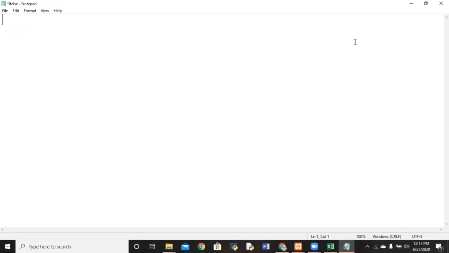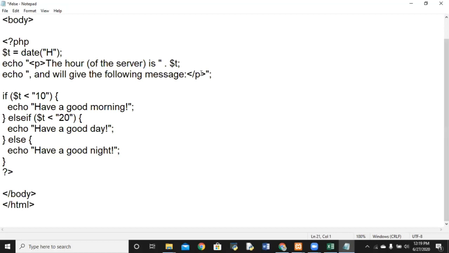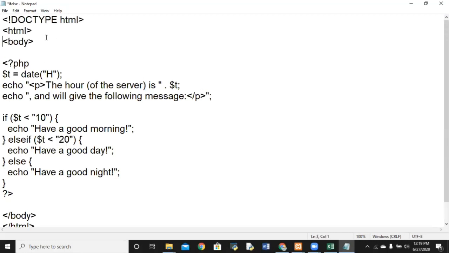So let's start with the code here. Students, here is my code. I have written doctype HTML, body, date, PHP tag started, $t, that means date. I'll be writing the hour of the server is $t, that means whatever our time is according to the server will come in $t, and it will give the following message.